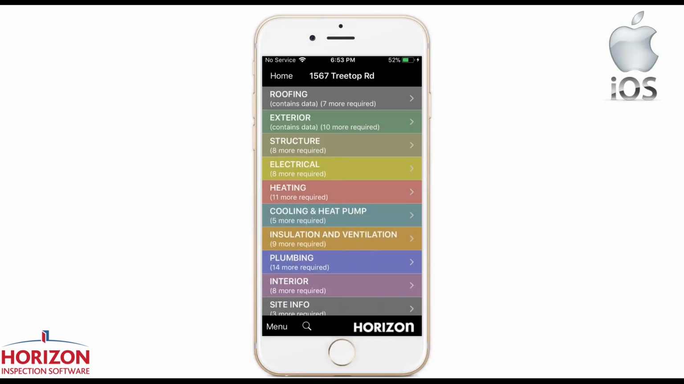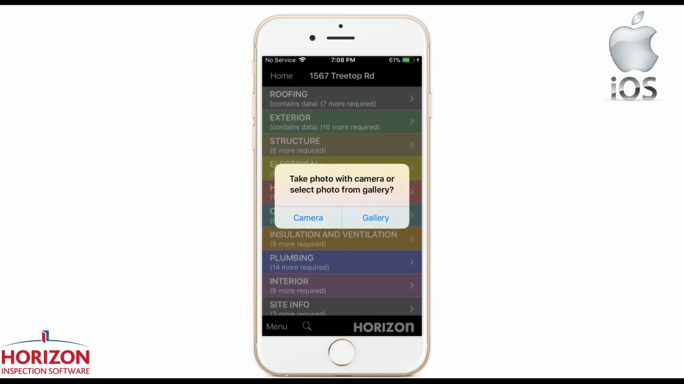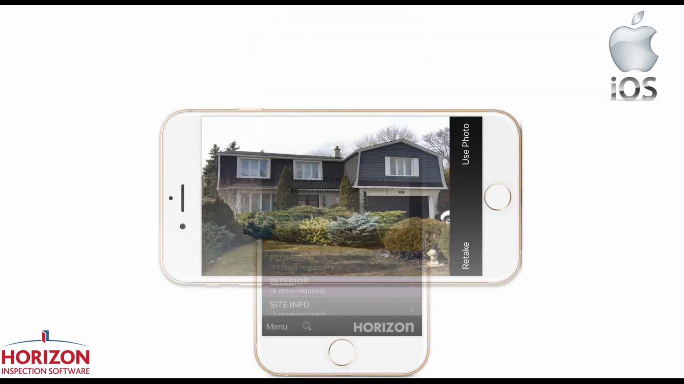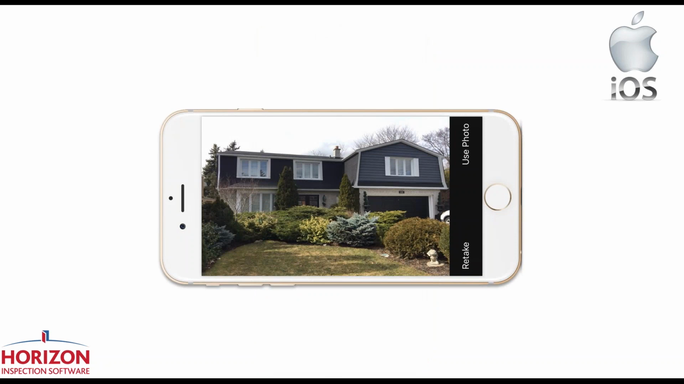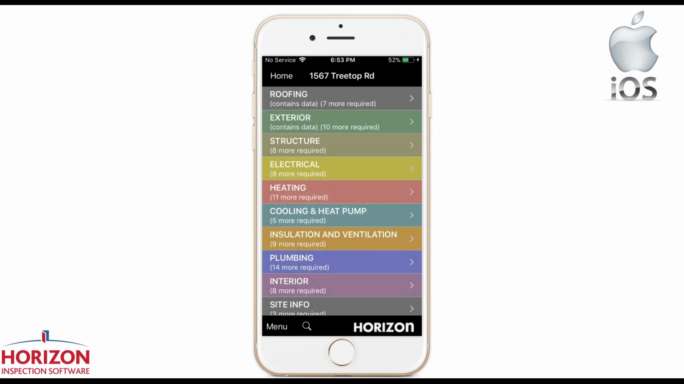Let's go ahead and look at that on Apple. You can see that the menu is located in a different spot, the bottom left-hand corner, although when you open up the menu, we are provided with the same options in the same order. We're going to go ahead and tap Title Page Photo. You'll see that we can access our camera or gallery. I'm going to choose my camera again. Landscape, position it nice, get a clear, crisp shot, and use photo. We'll have a little acknowledgement on screen. We'll click OK once the photo's been uploaded, and we now have successfully uploaded that photo to the report's title